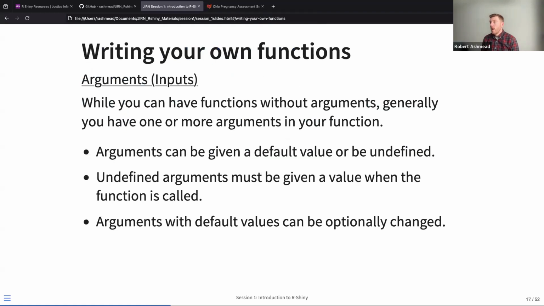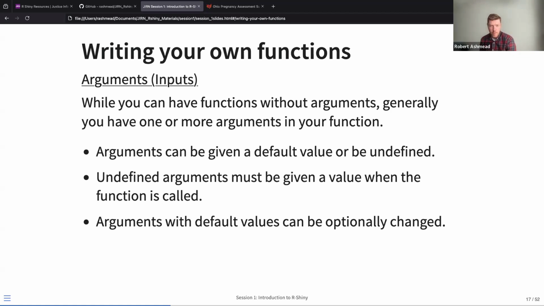Okay. So one thing that becomes more important or more useful when we're working with R Shiny and dashboards is writing your own functions. Now, if you are on the newer side of R, this is maybe something that you don't have a lot of experience with. I tend to find that it's a more advanced piece, not typically taught along with some of the R curriculum, but